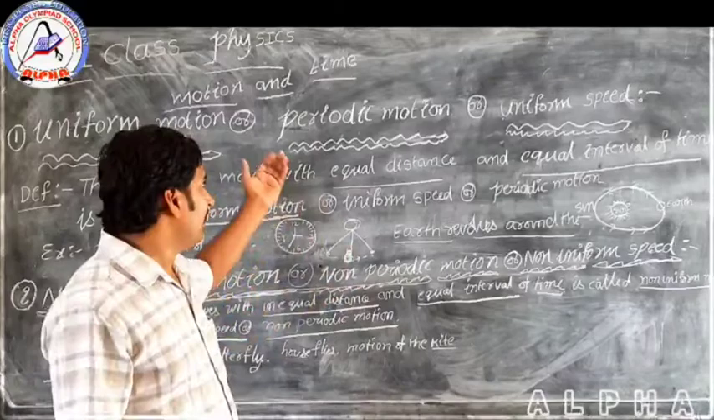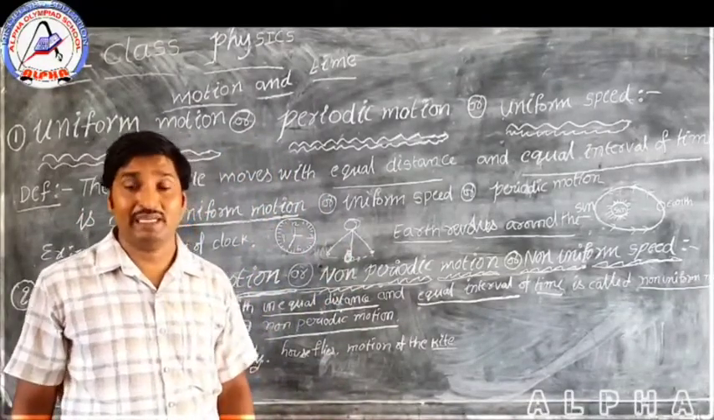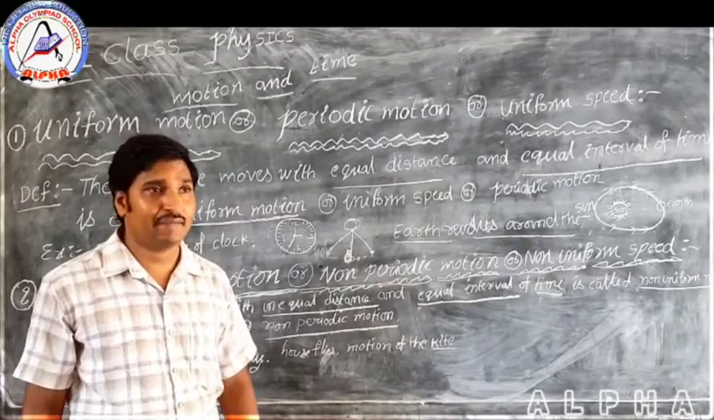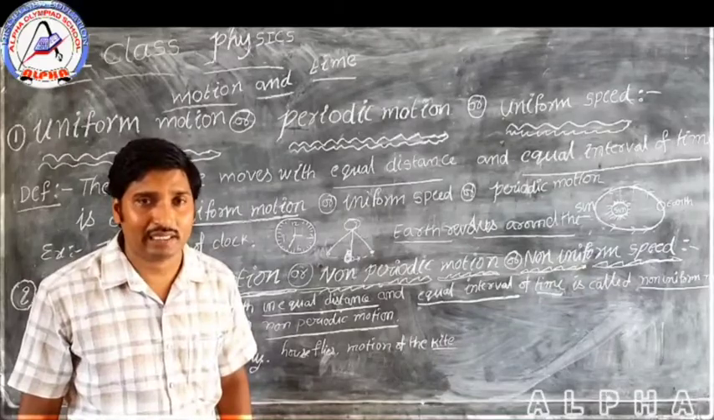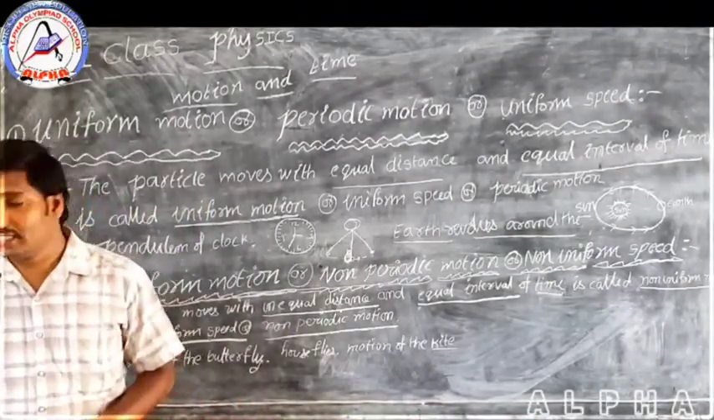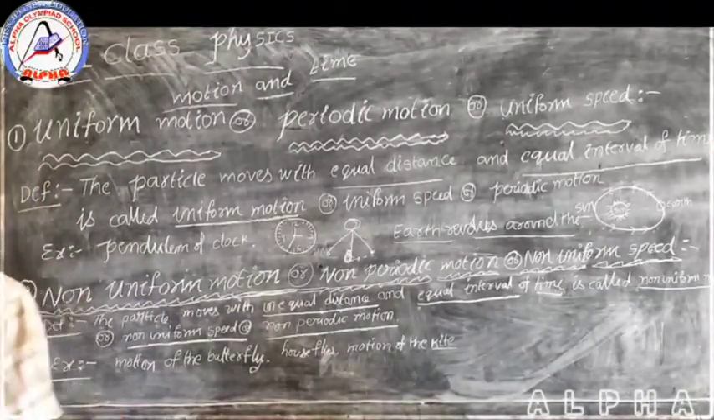So here, these are uniform speed and non-uniform speed. These are scalar quantities. Listen, children. What is meant by speed? Here, the speed is nothing but